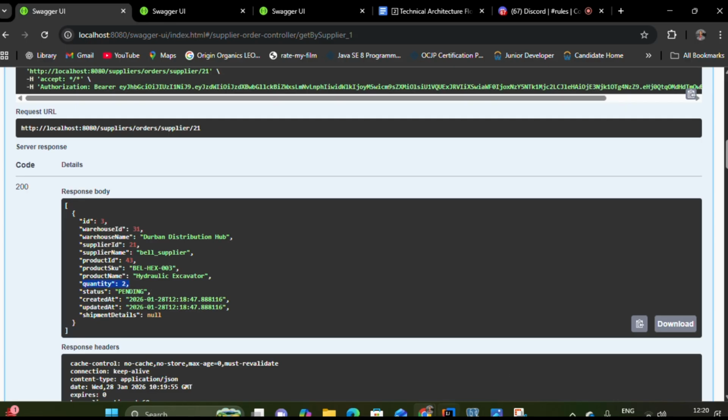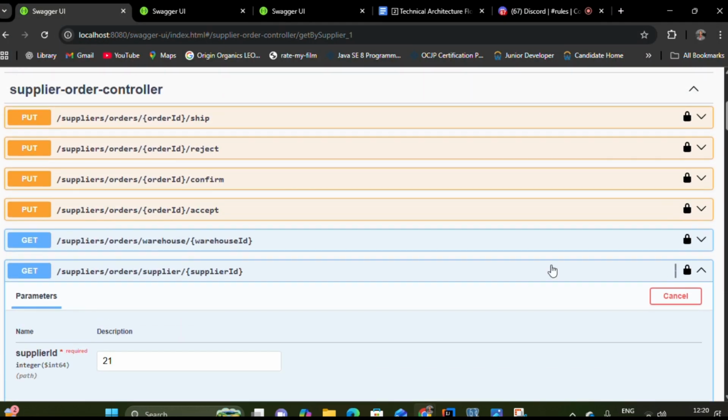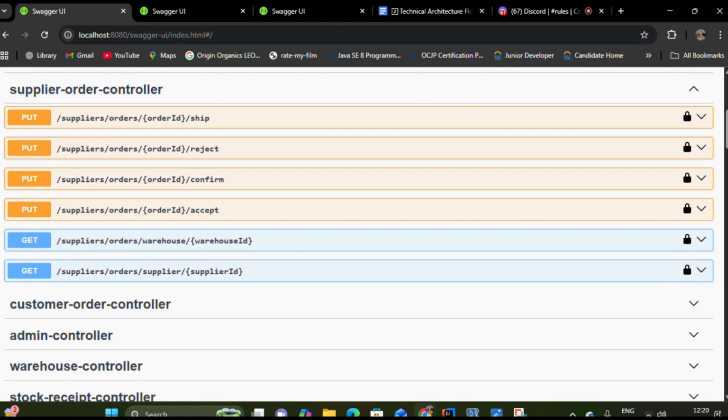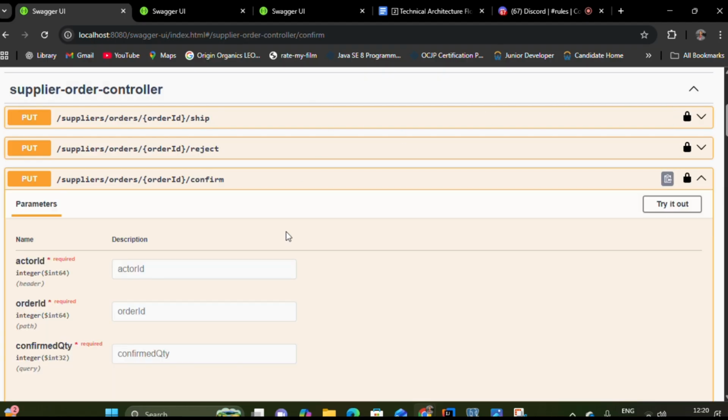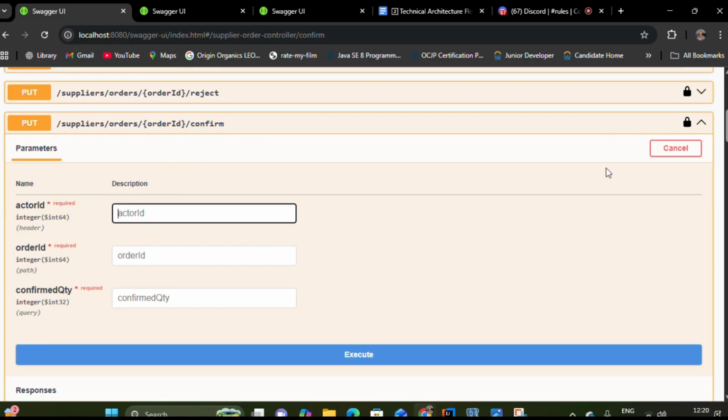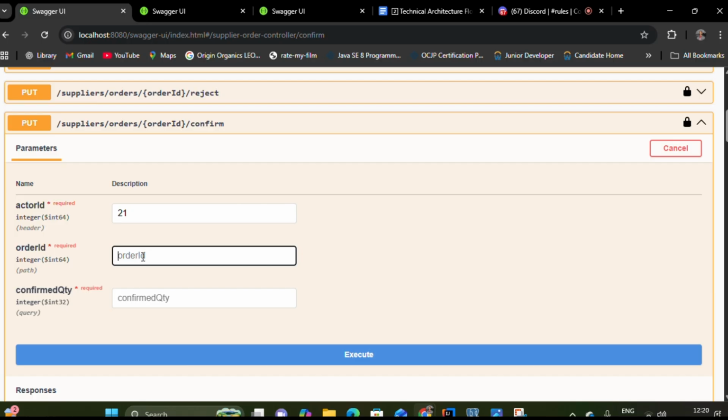So right now the status is set to pending, right? As we can see here, this supplier can go and accept that specific order. But before he does that, what I also added in the back end is the ability to confirm the quantity of that specific order. So I'll have to get the order ID for that. Let's